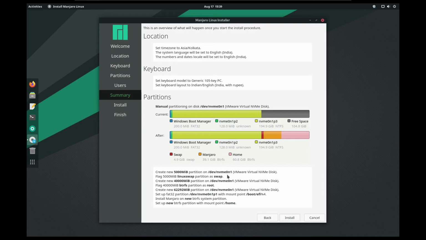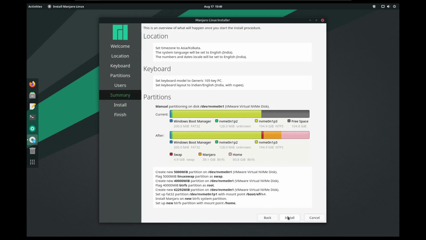That's why it has been written in that way. So that has been treated as swap, and that swap is in the graph in the red color. Next one 40,000 MB as root, so that is the orange color, that is the root. Next one is treated as the home partition, that is the pink color, and the last one is the boot EFI already for the boot.